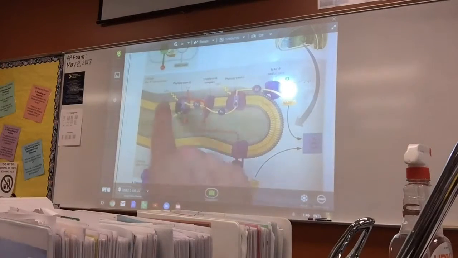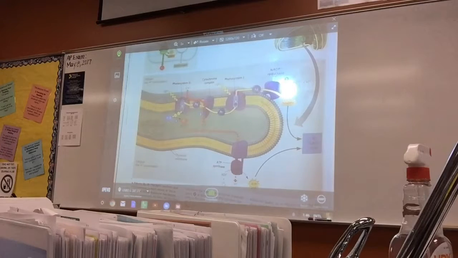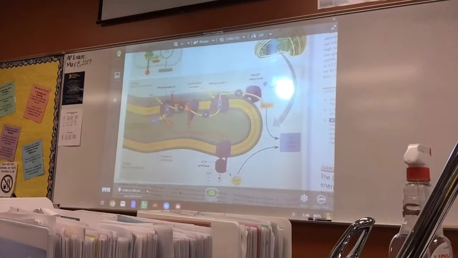And this is your thylakoid and so on in the chloroplast. So for the DPIP, what is its role and what molecule does it replace? Anybody want to take that one? Carly? It acts as the final electron acceptor for the electron transport chain in the light reactions and is replacing